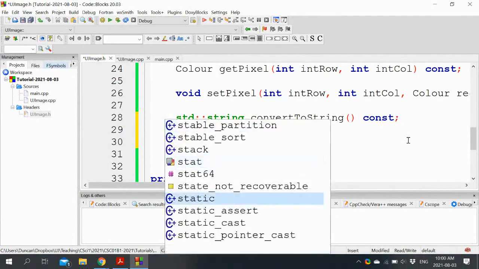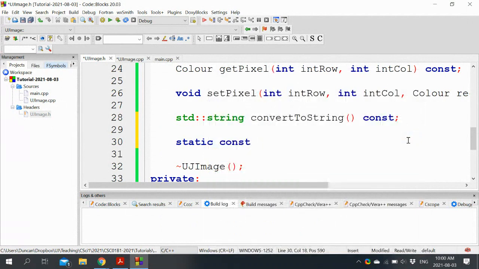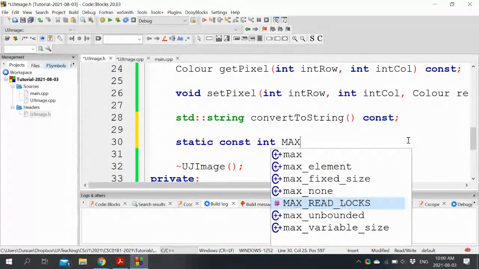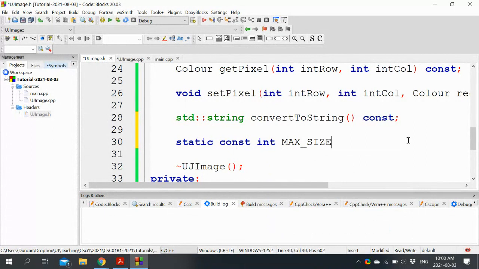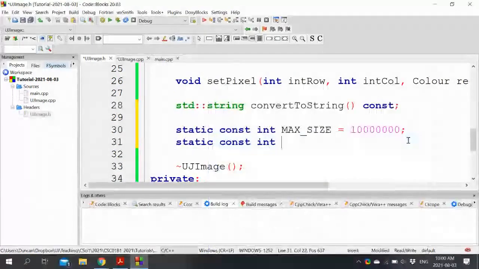So let's have a static const. Remember, static means there's only one copy in memory. Const means it can't be modified. And an integer, let's go for max size, however big that's going to be, and a minimum 1.